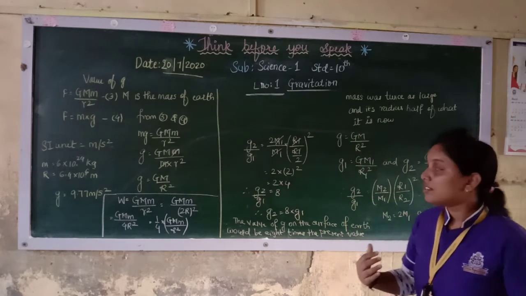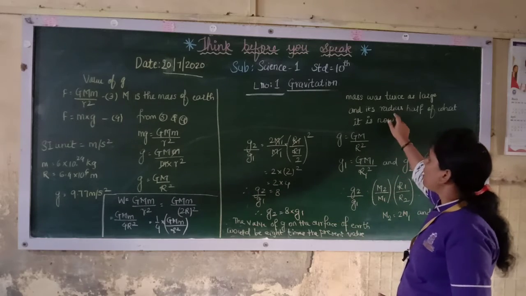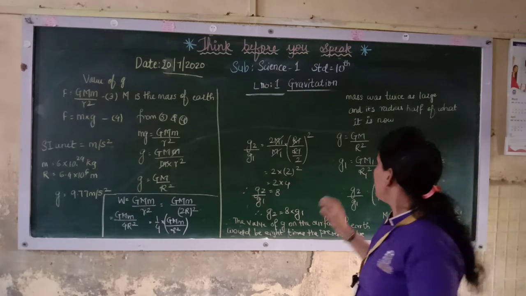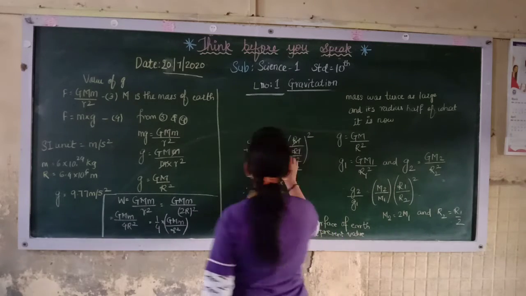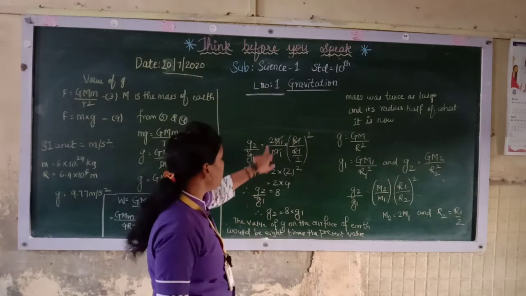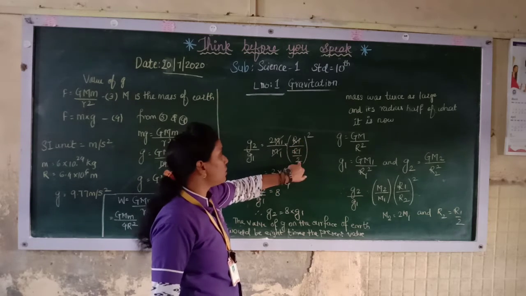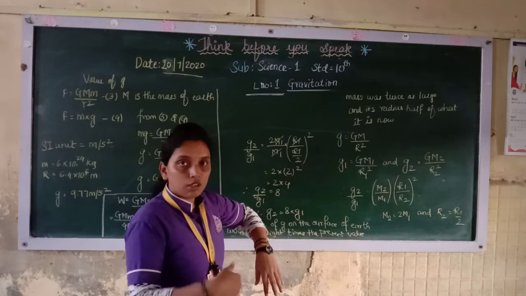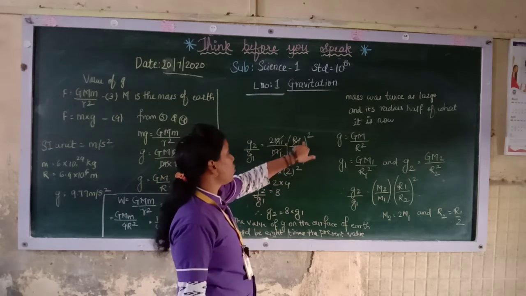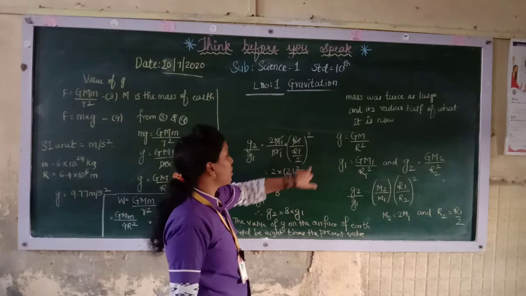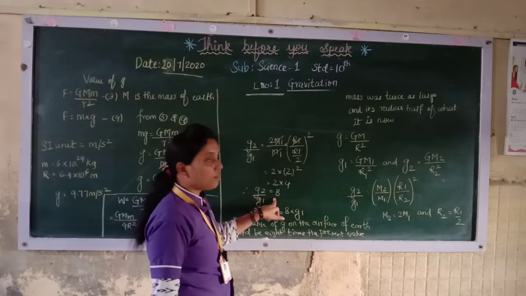R1 is considered over here as the present condition, and R2 is what they have told to change, the double and the half. So here, M1 will get cancelled, and here you will get 2. This R1 upon 2, this 2 will go to the upper side because it is in the denominator of the denominator. You must be knowing the division rule. So this 2 will go over here, and this is a square. So 2 square is 4, 4 twos are 8. So G2 upon G1 will come 8.